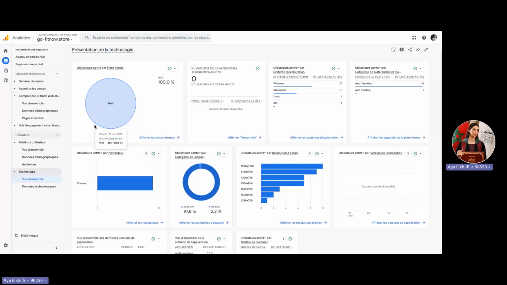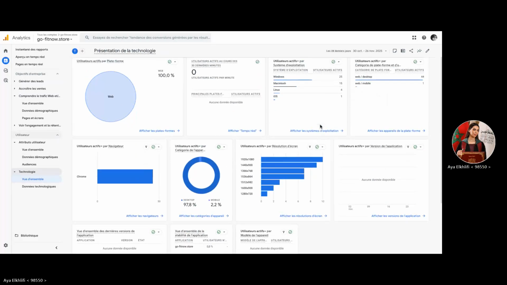So my main focus should remain on optimizing the website experience. As you can see, the operating system section indicates that most users visit the site on Windows, 25 users, Macintosh 15, and so on.